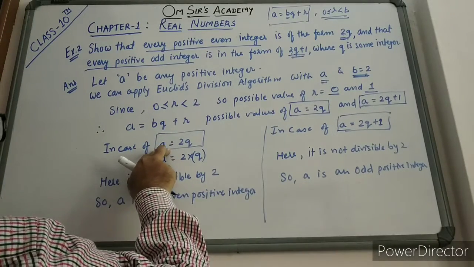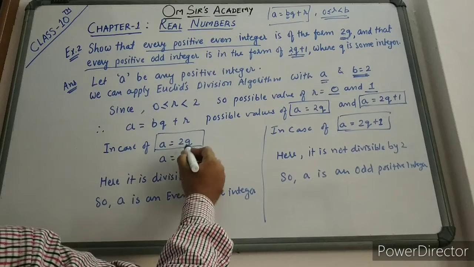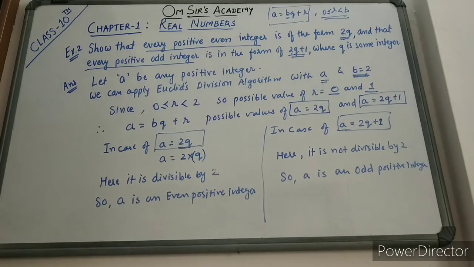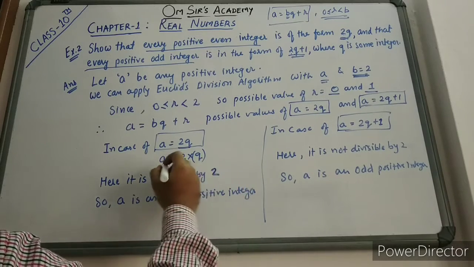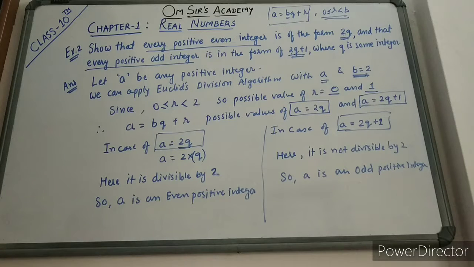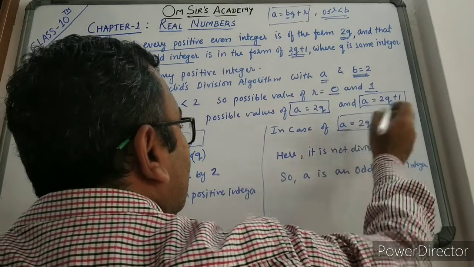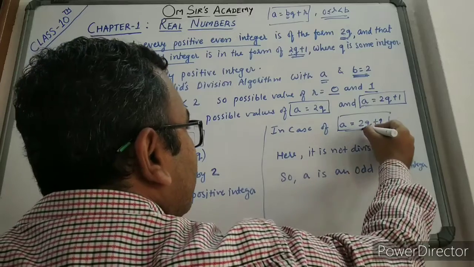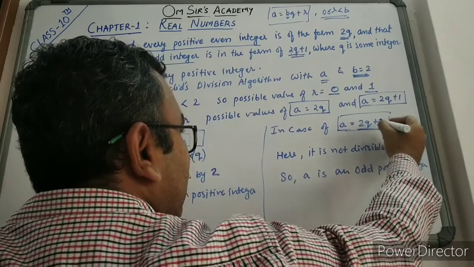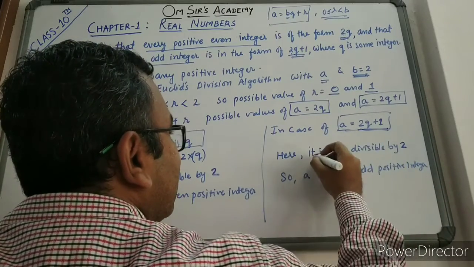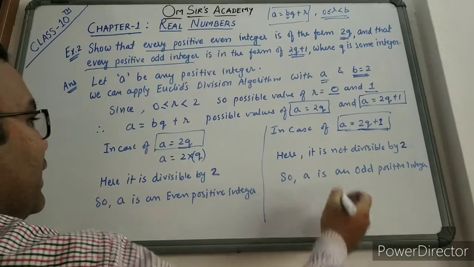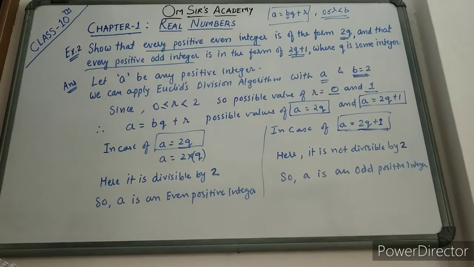So in the case of first value, that is taking the first integer a equals to 2q, इसमें ये पूरे term में हम 2 common निकाल सकते हैं, ठीक है। So it is 2 into q, so here it is divisible by 2, so a is an even positive integer, is it clear? And second case में a equals to 2q plus 1 है, उसमें यहाँ पूरे term में ये पूरा term है, ok, तो उसमें हम 2 as a common निकाल नहीं सकते हैं, तो in this case it is not divisible by 2, so a is an odd positive integer, hence it is proved।